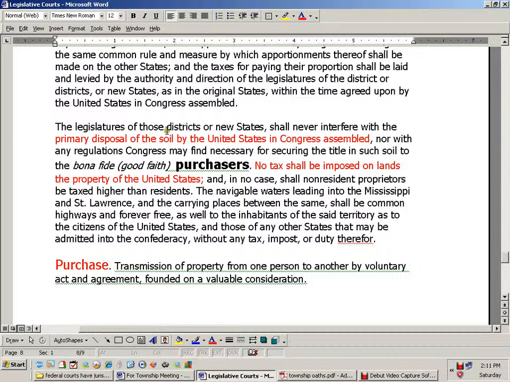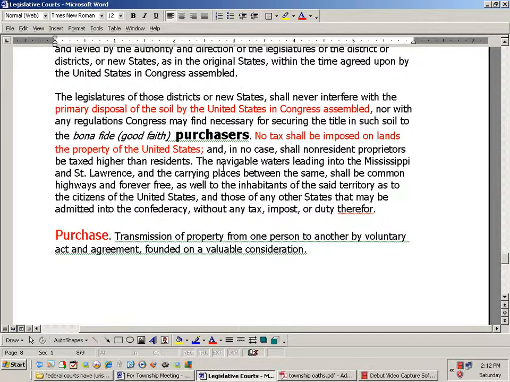So when they say the legislatures of those districts, they mean the township board, nor the organized state shall never interfere with the primary disposal of the soil by the United States in Congress assembled, nor any regulations Congress may find necessary for securing the title in such soil to the good faith purchaser. That'd be you, right? Because